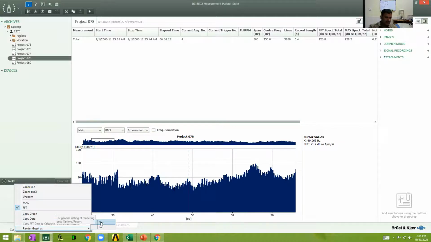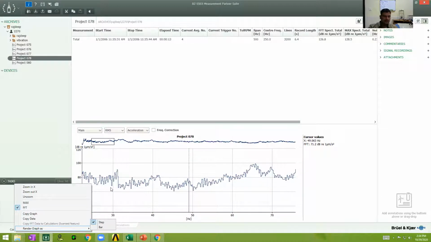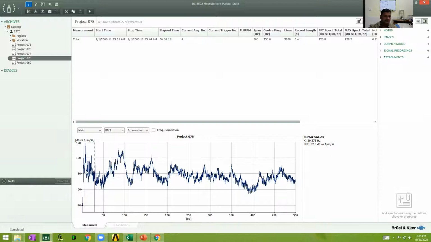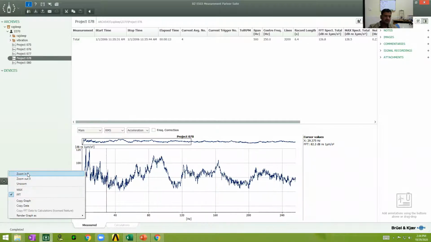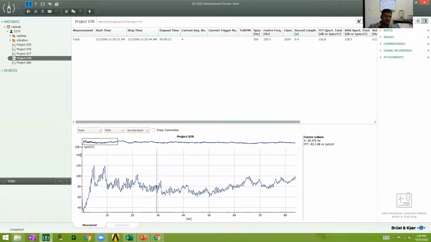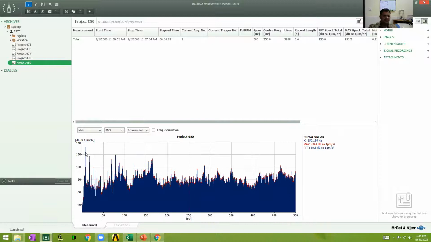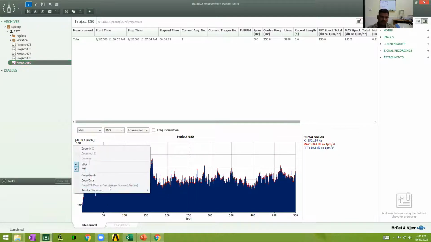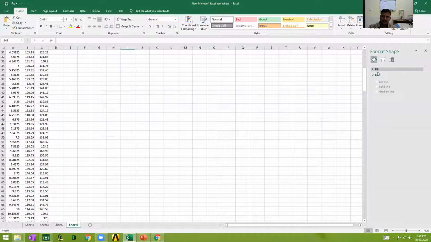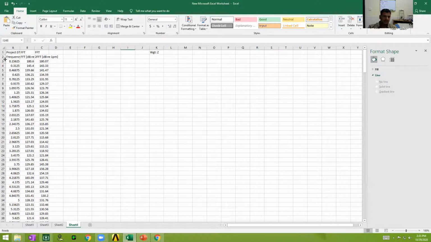Now what I can do, I only want to see the peak, so you can see here. You can see this is my peak, and we go on selecting and identifying the maximum amplitude. Now this is one way. Second way, what you can do is you can take the data and open it like this. You can save your data. I have done these three.